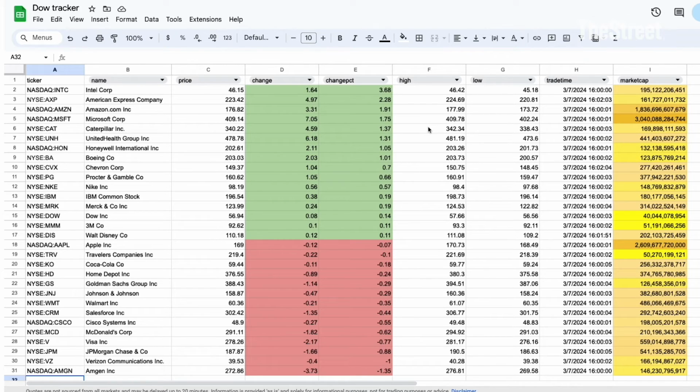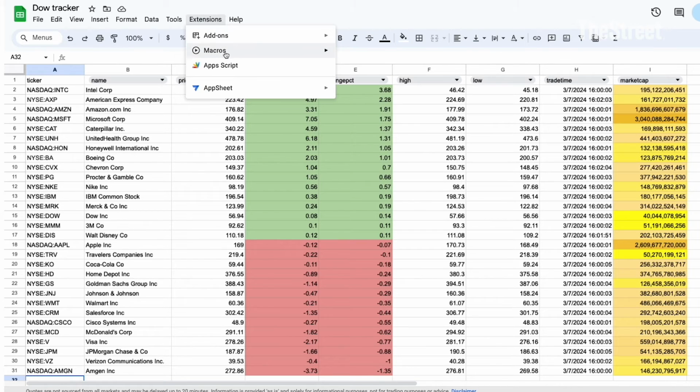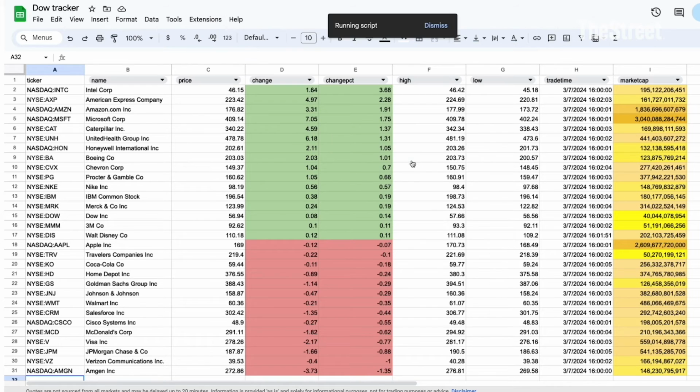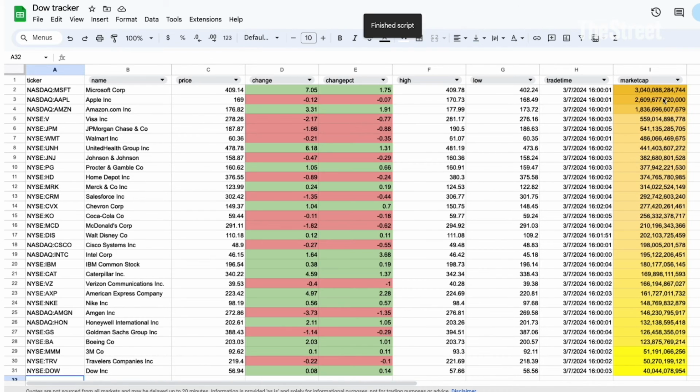And if you want to figure out exactly which stock is the biggest publicly traded company in the Dow 30, we are going to highlight using a macro again. And this time, we're going to sort it by market cap. This is going to go from highest to lowest on column I. And from here, we can see that